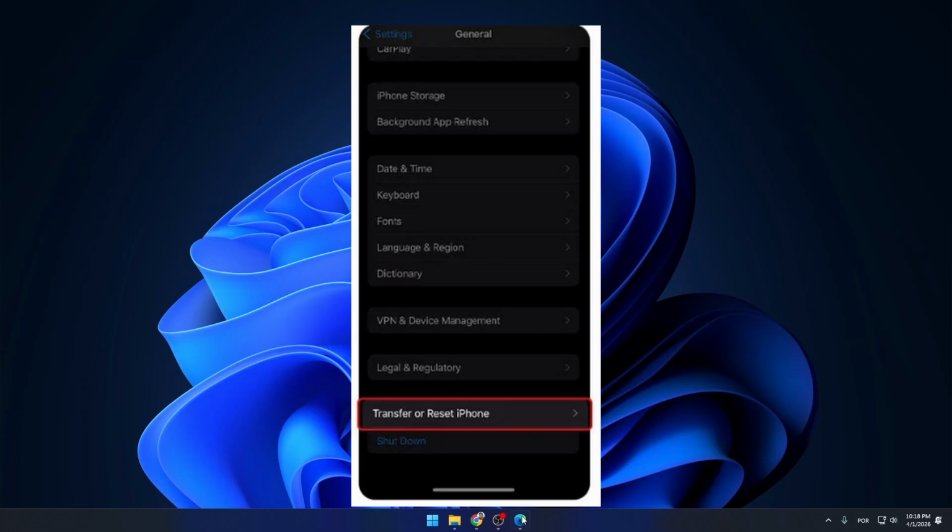Also check if your iPhone is fully updated. Go to Settings, then General, and tap Software Update. If an update is available, install it. Another option is to reset network settings. Go to Settings,